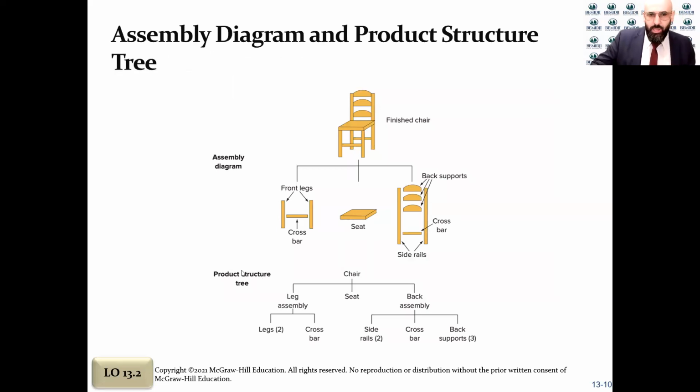All right, let's take a look into the structure tree here. Here's another example of the structure tree where you find a finished chair. You will see that the chair consists of 3 major components. These are the front legs with a crossbar, you will have the seat, you will have the back support, you will have the crossbar, and you will have side rails. So if we need to look into that, we need to identify the quantity for each of these